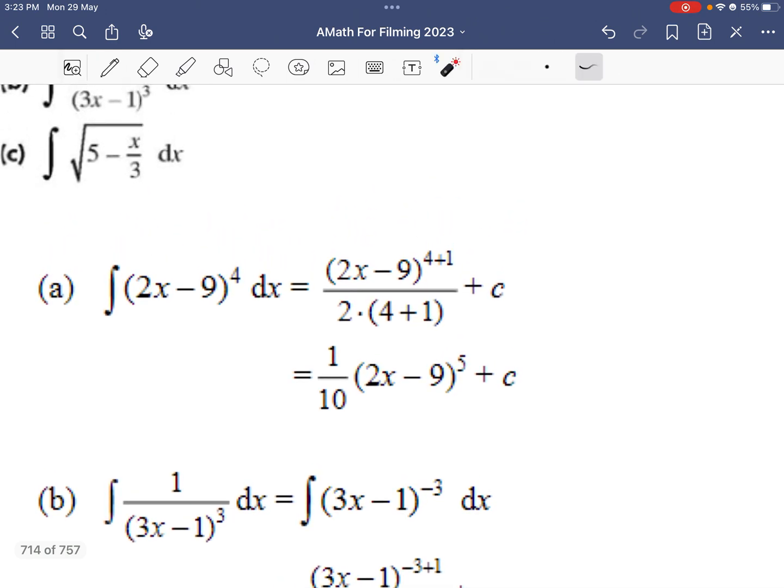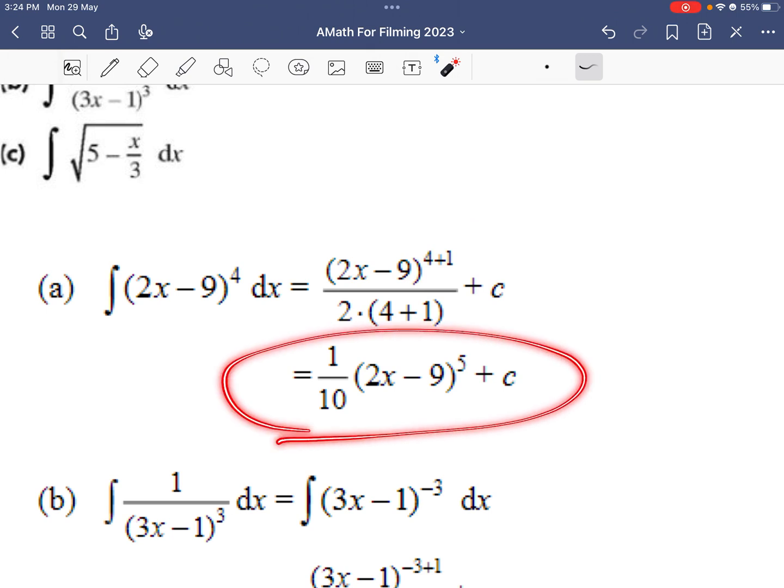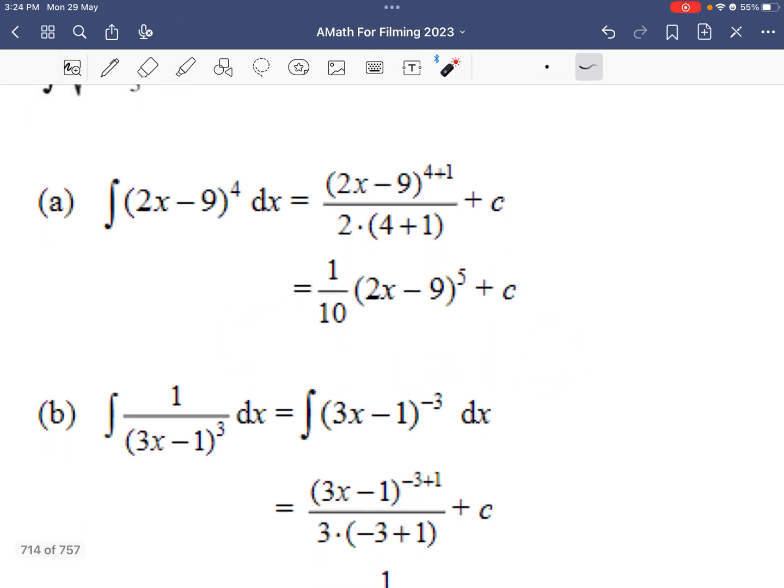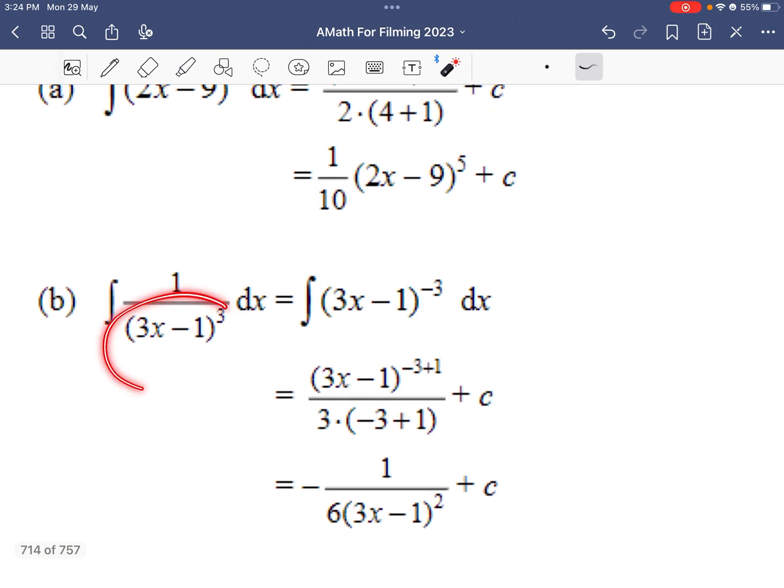Okay, for part A itself, again, same thing. First, you differentiate 2x minus 9, you get 2. So you divide by 2 here. 4, you add 1 is 5, then you divide by 5 over here. Simplifying will yield this. For part B, you will express 1 over (3x minus 1) cubed as (3x minus 1)